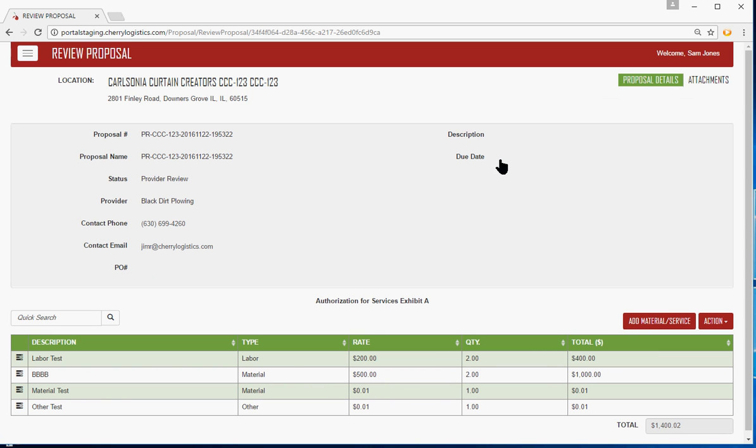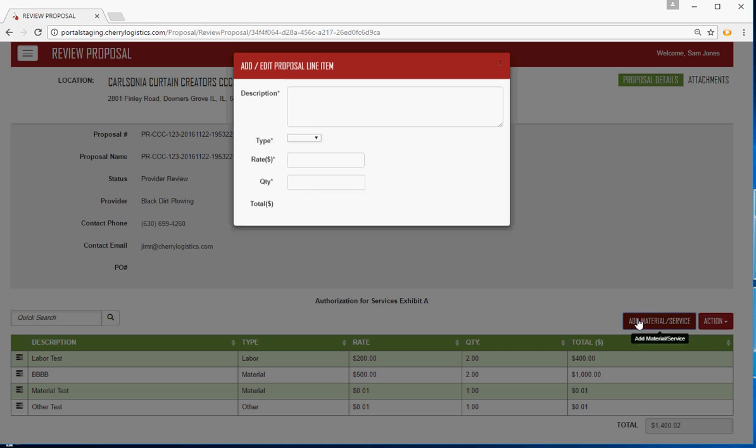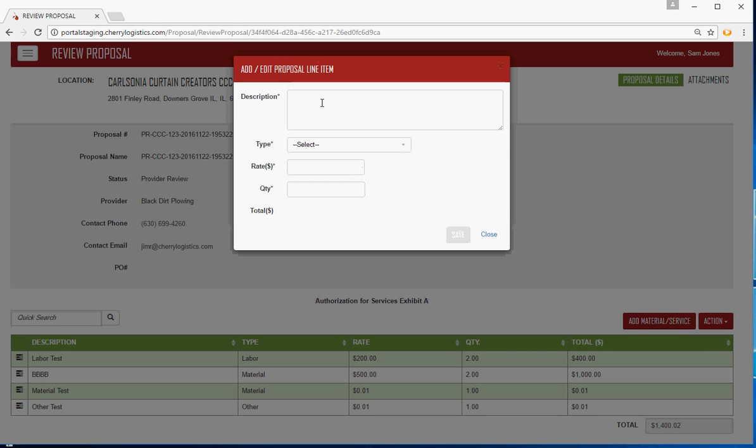So here are all the line items associated with that proposal. If it was a little more lengthy, you might be able to utilize the quick search feature to identify specific items if it was a longer list of items. We can use this as our start base, or we can add additional materials and services by clicking on this button here. And what that does is it brings up a blank template. So if we wanted to add more materials here,